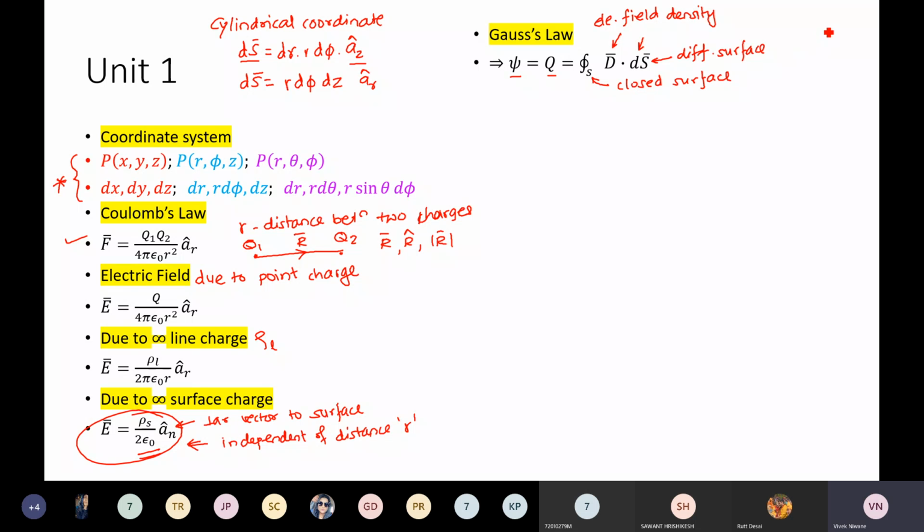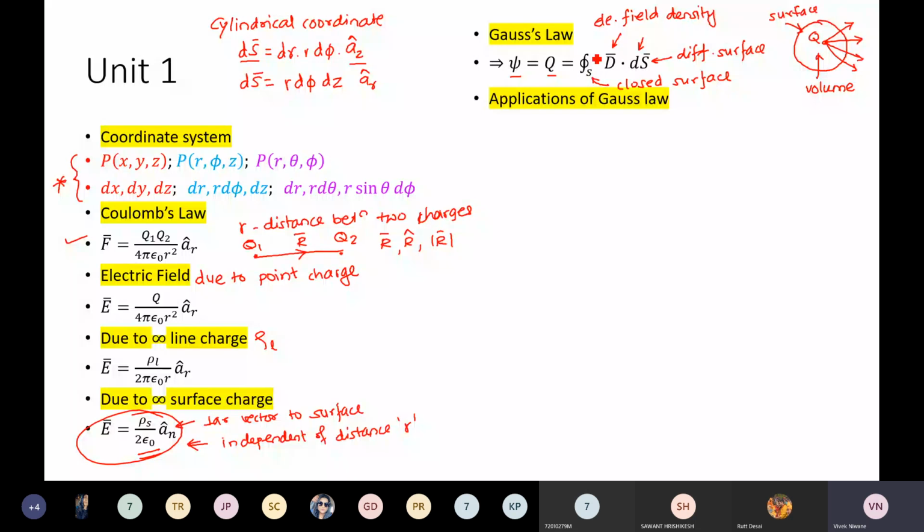Always we have an example of a geometry which looks like a sphere or a ball. So this is a surface, a closed surface. This is a volume created by the closed surface. Okay, and if we have a certain amount of charge inside this, we will have some sort of electric flux lines coming outside the surface. This is the Gauss law.